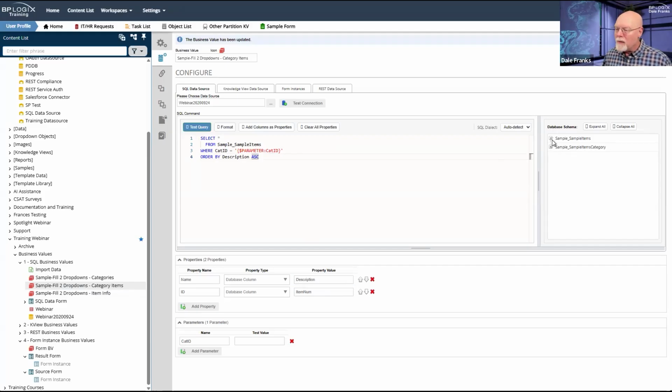So if we look at our sample items table over here on the left, that's actually the name. The description is actually what I'm calling the name as part of my property. This is something you're probably going to want to remember.